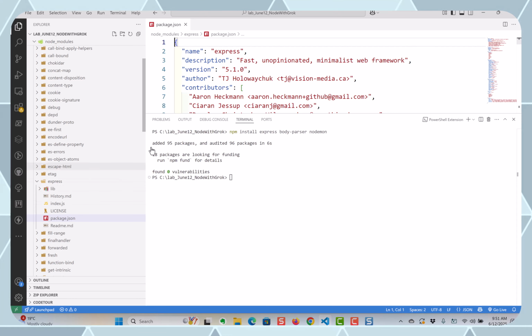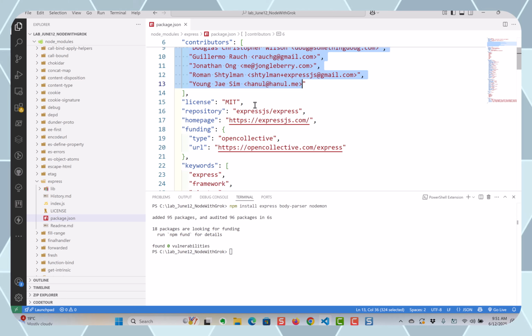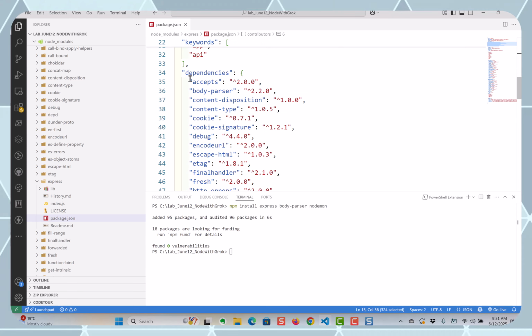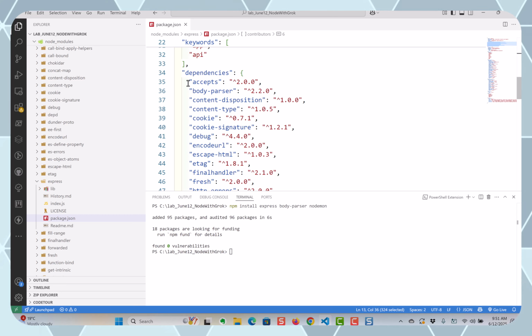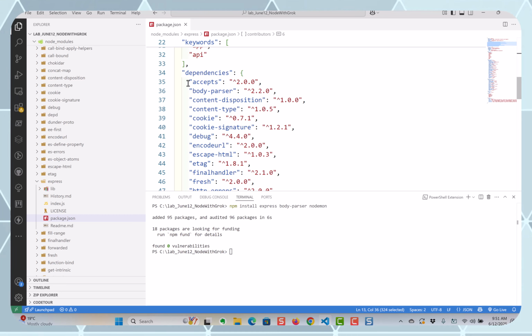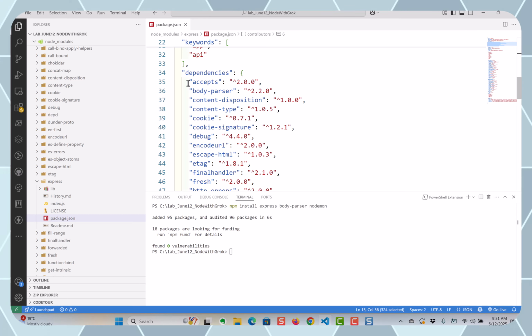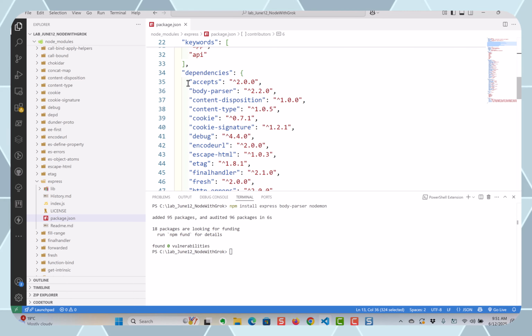see, that's the package.json for Express, and those are the people who created that package. And there's the library and so on. So you see here, it has dependencies. So it accepts body parser, content type, and so on. So as Express was installed, npm also installed all of those packages. But those packages also had dependencies. So it made a graph of dependencies. That's why you have so many node modules in your environment now, because all of that stuff got sucked down to support running Express. And body parser,